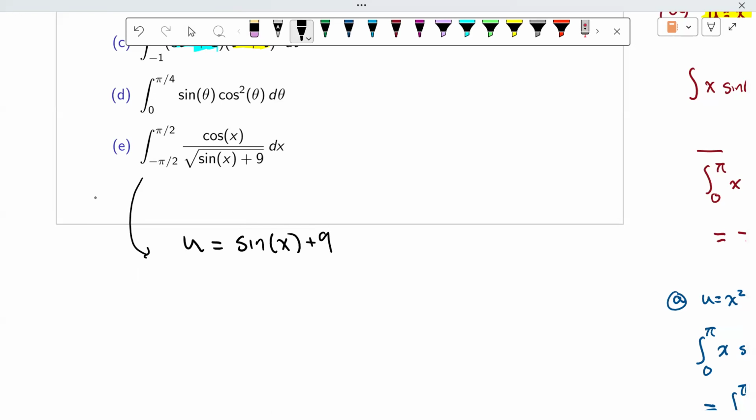There's kind of an art form to picking out the correct U, and you get better at it by practicing and picking the wrong ones. After a while, you're like, oh, yeah, that one does not work. It's really one of these things you have to learn from experience. So we'll be sure to do more practice of these throughout the rest of the semester. I'm just telling you that's our U, and then our next step is to take the derivative of U with respect to x. The derivative of sine is cosine.